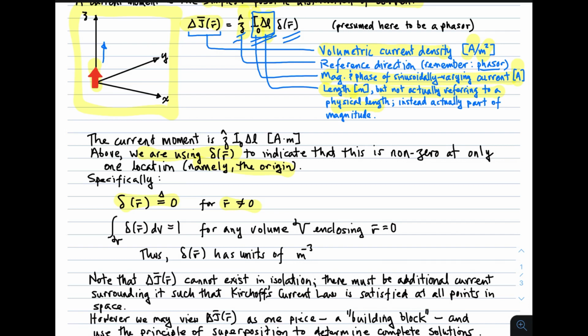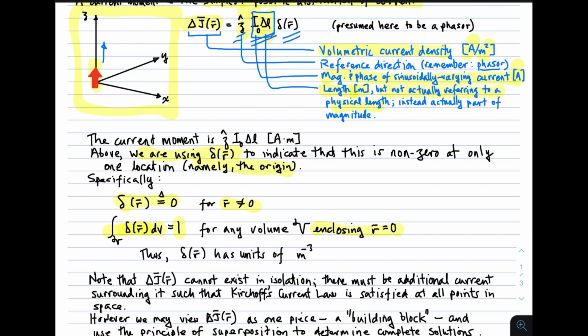So we have to say something about what happens at the origin. Well, it's really awkward to say what's happening exactly at the origin. So instead, what we say is that if we integrate the delta function over a volume which includes the origin, then we'll call it 1. Right? So we bypass the awkwardness of the origin by simply saying that if we integrate over the origin, the result will be 1. This is exactly the same delta function that appears throughout signal processing. No doubt you've encountered it as an undergraduate in some signals and systems course,